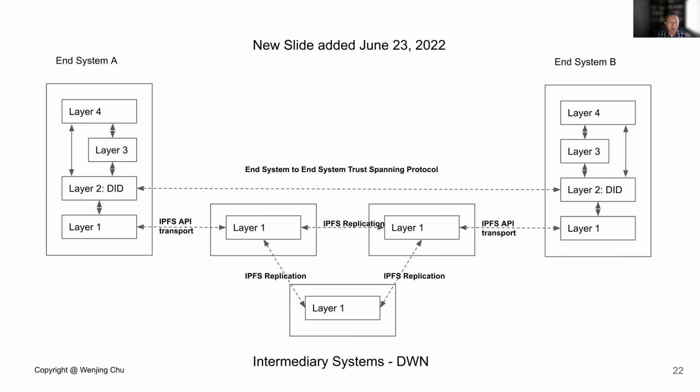Okay, so if you have two DIDs, you have some kind of an IPFS API for transport, and the DWN system will replicate these and eventually deliver the message to end system B